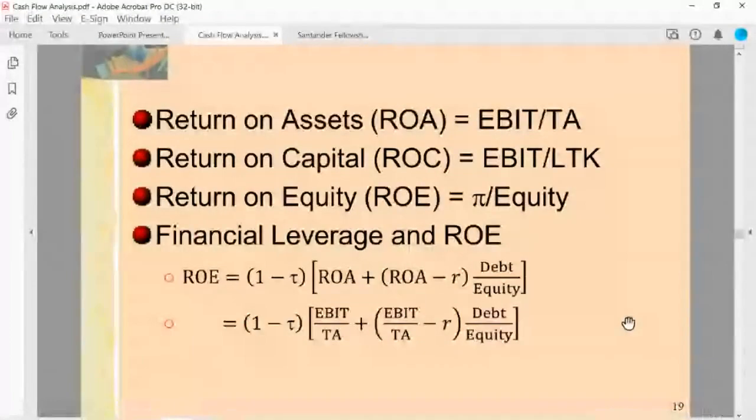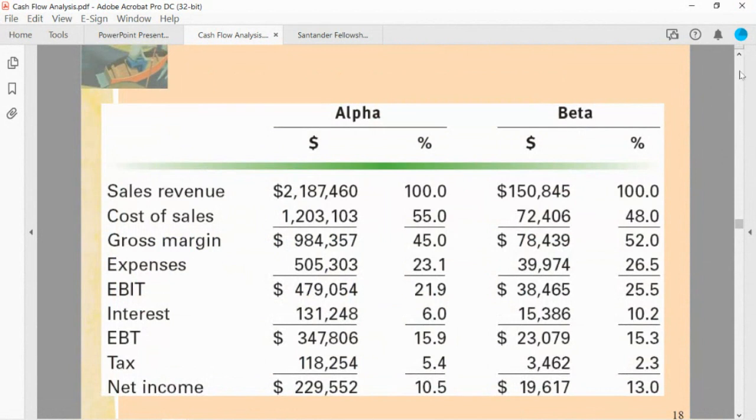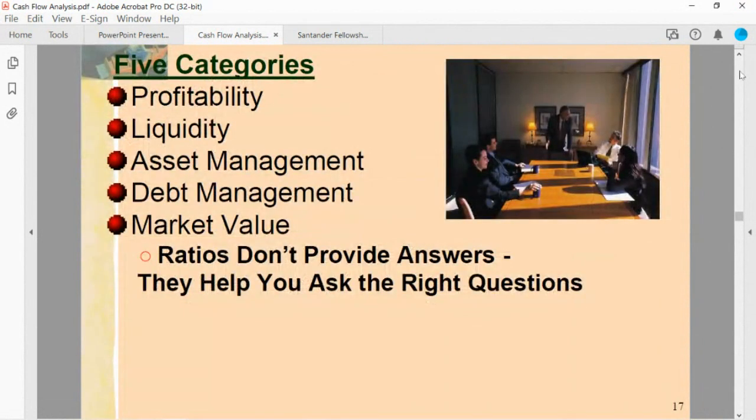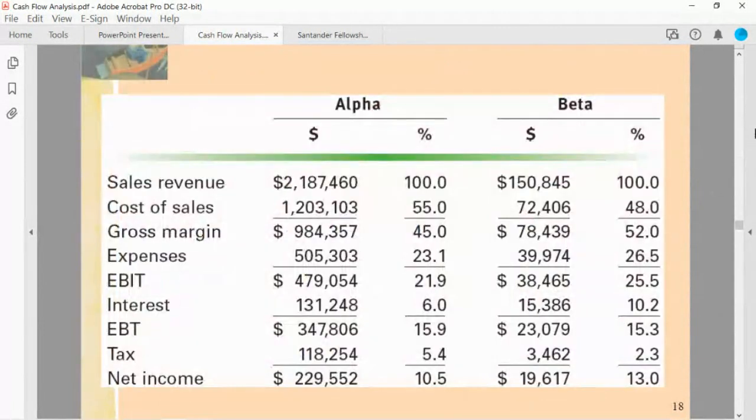Before I go back to that, let me quickly explain something that came up here. First of all, this is what they call a common size statement. What's a common size statement? Basically,